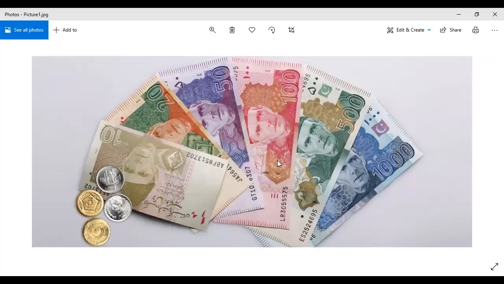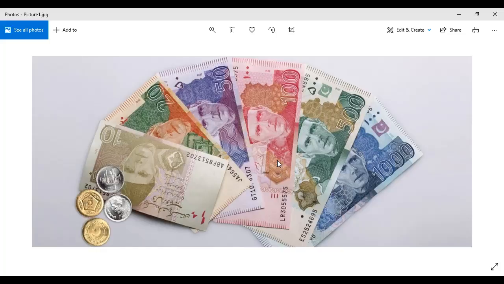Both of their faces look different. Some of them have a similar one, and the sizes are also different. Some of them are small, some of them are big, right? And some of them are made from plastic, some of them are made from steel. So we do have options. But if we talk about the color, they are all either silver or gold color, right? Okay, now if we move toward the notes, we have a total of 7 notes.